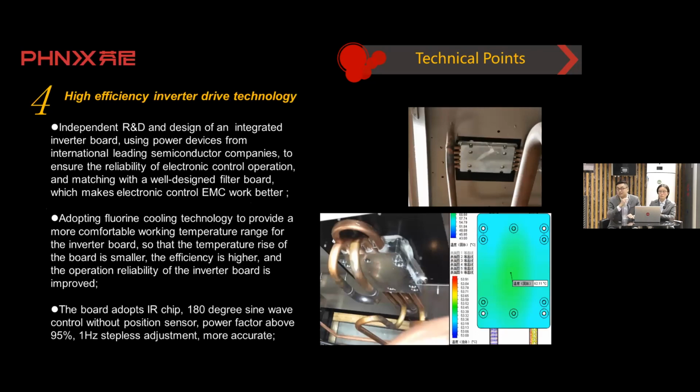The picture shows our high efficiency inverter drive technology. Independent research and development and design of an integrated inverter board using power devices from international leading semiconductor companies to ensure the reliability of electronic control operation, and matching with a well-designed filter board, which makes electronic control EMC work better. Adopting fluorine cooling technology to provide a more comfortable working temperature range for the inverter board, so that the temperature rise of the board is smaller, the efficiency is higher, and the operation reliability of the inverter